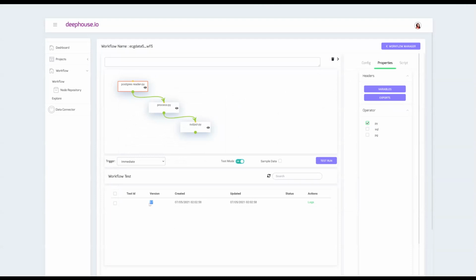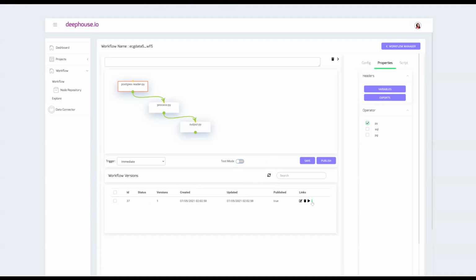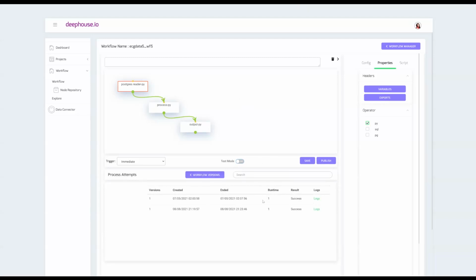Also, you would notice there's a version involved here, and the version, if you want to have multiple versions with different parameters to be tweaked, and we can compare the version, so it'll be again very useful for the data engineer in this modeling phase, or the template phase, as we call it. We can switch over back to the regular mode, and you can see a couple of runs that were done successfully. And if there was any kind of error, we should be able to see the logs, and that should help us fix our errors during this sort of a development phase for the data engineer.